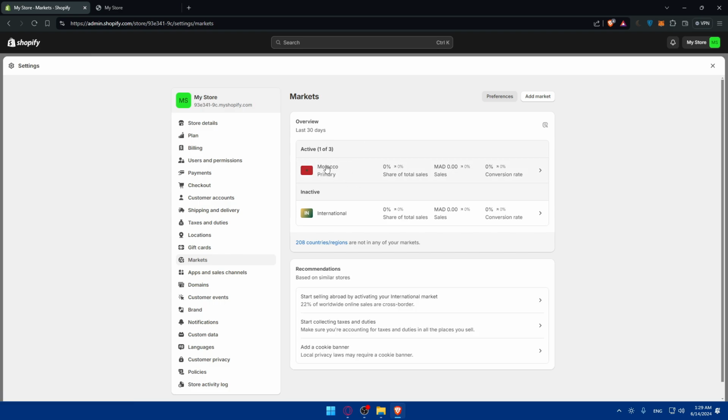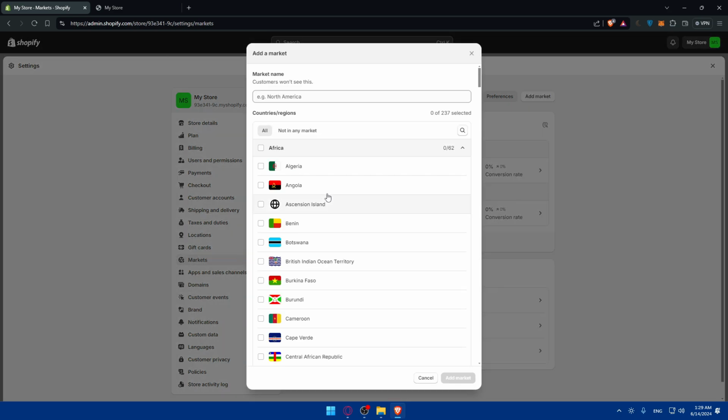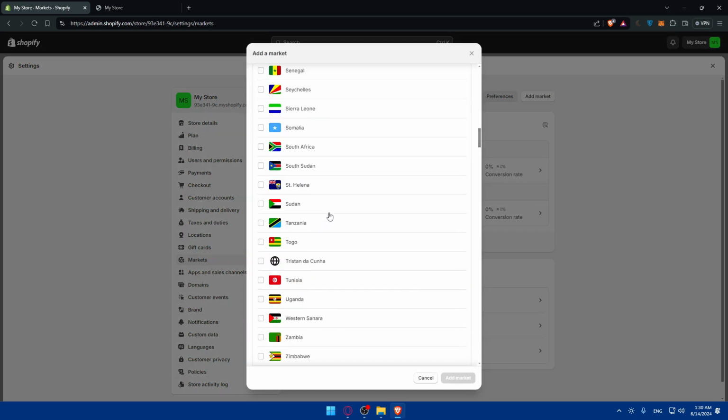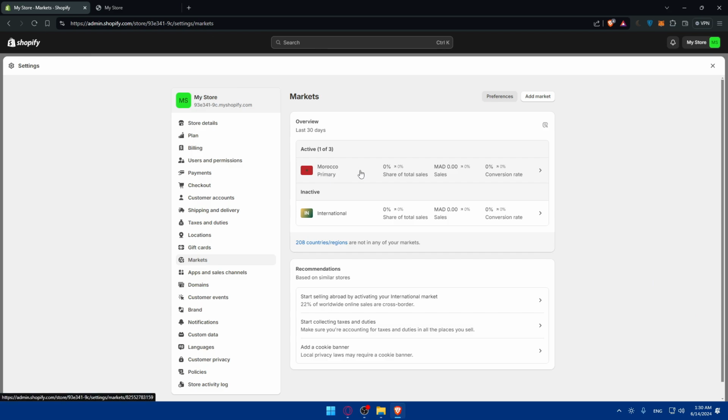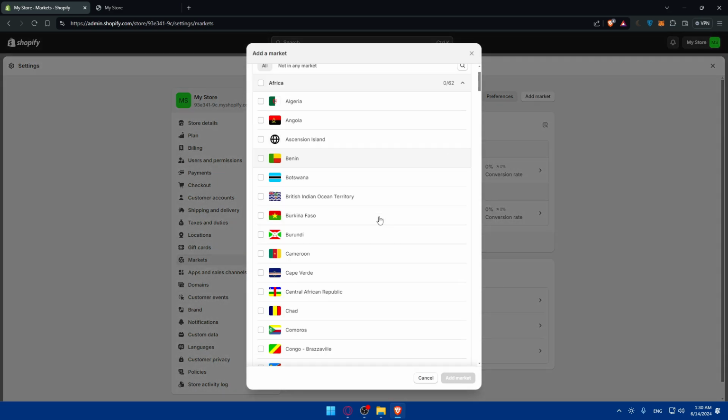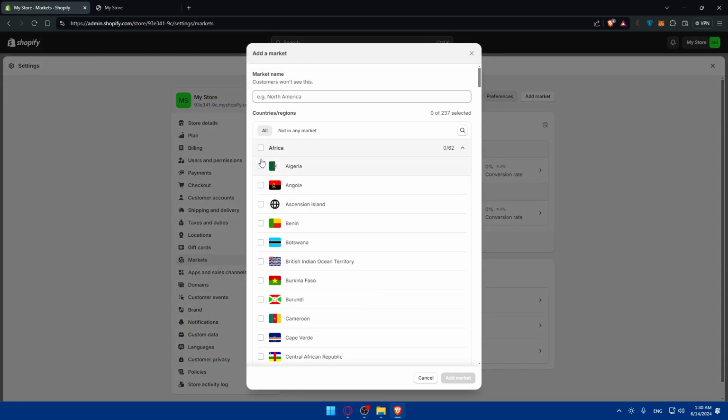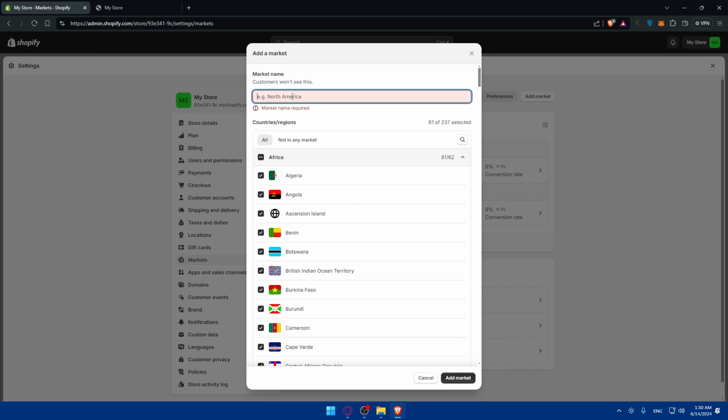And here, as you can see, you can find markets. First of all, you can choose the market of your primary country. Then simply go and choose an international country. You can add the market of each country on its own, or, as an example, choose your primary country to use your primary currency, and use something else for all the other countries. I'll just choose all of that as an example and click on add markets. Of course, I'll name it here